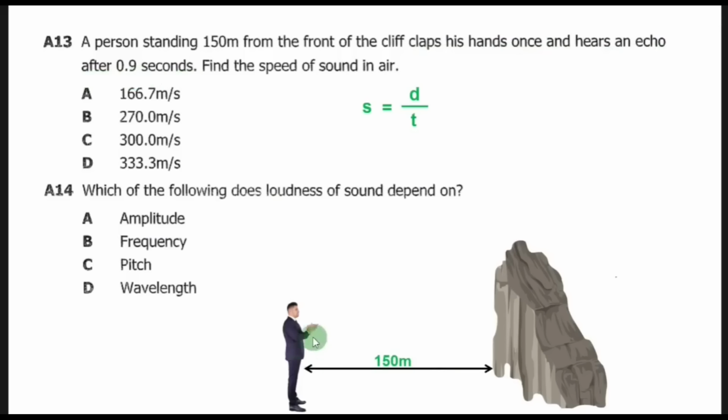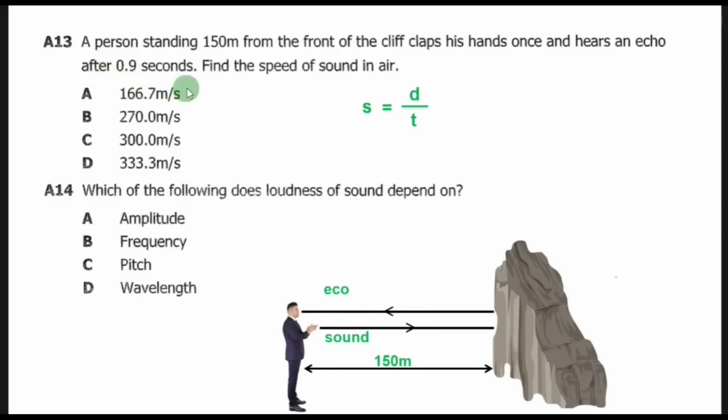So if he claps, his sound will go like that. This is his sound. Then he will hear an echo, meaning sound will go and come back. That sound which reflects here is called an echo. So he hears it after 0.9 seconds. So after he claps, the sound goes like that, and from the time sound goes and comes back to his ears,